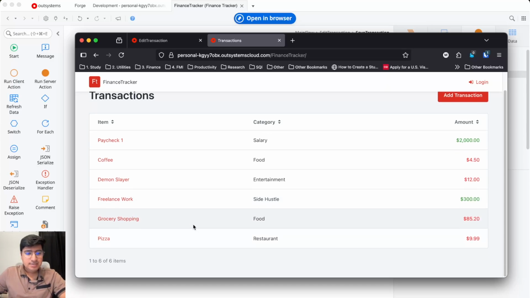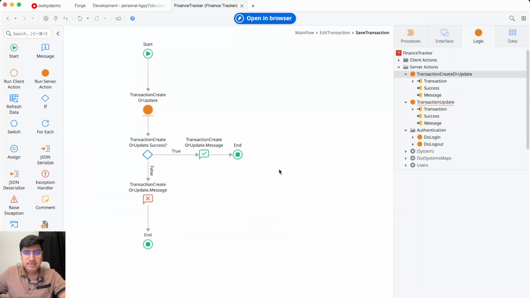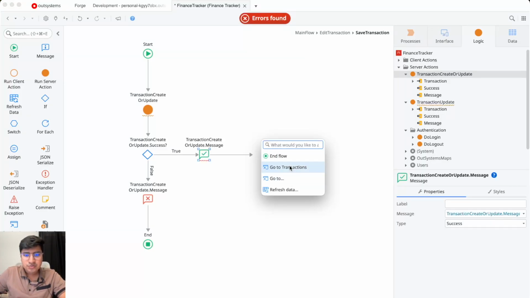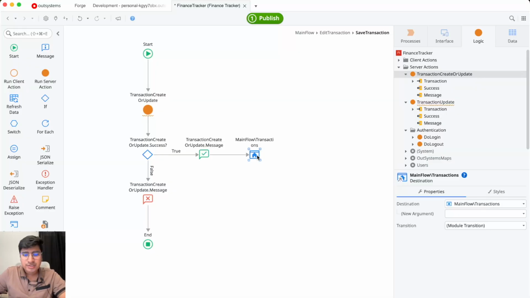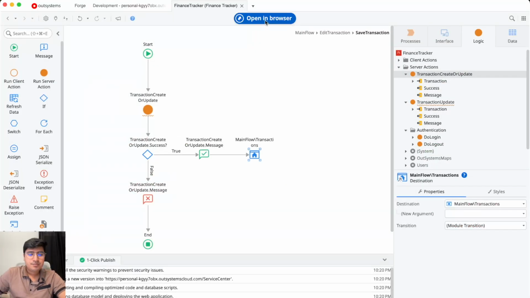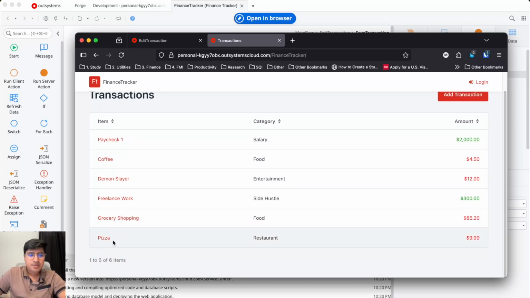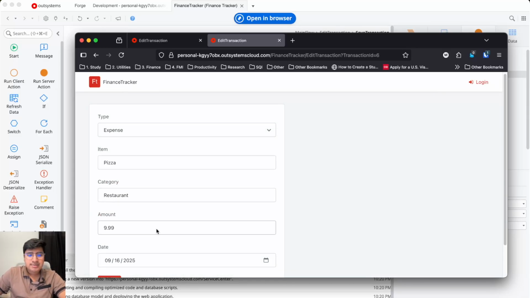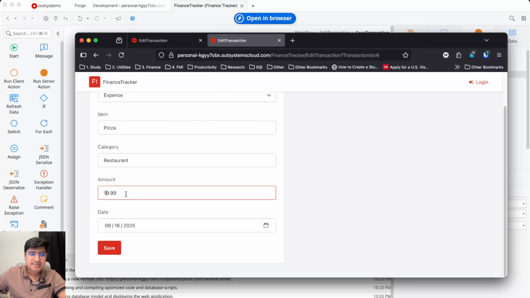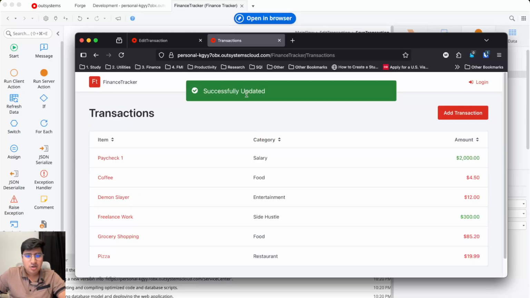It's pretty easy. I do want to change one more thing. After a transaction is updated or created, we want to go back directly to the home screen. So we can just go to home screen. Okay, let's test this out. Refresh this. So the pizza didn't cost $9.99, it actually cost $19.99. Let's save it, and it'll automatically go back to the home page. So now you can see,